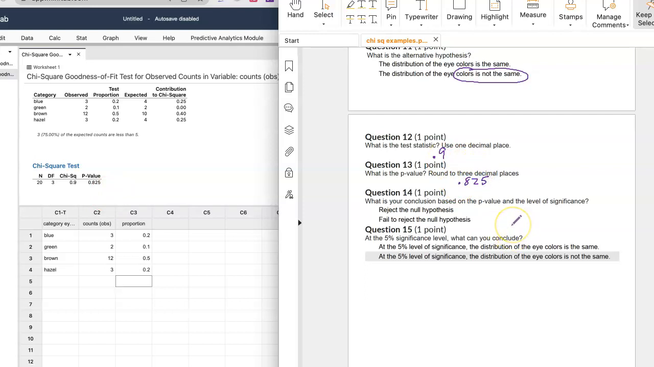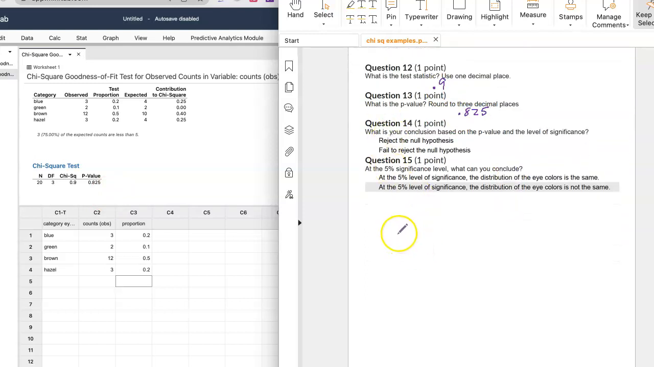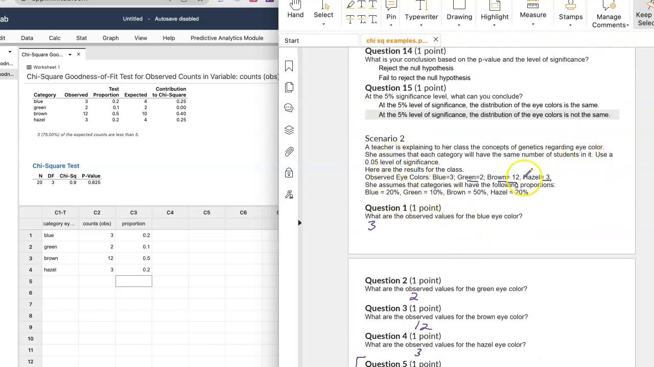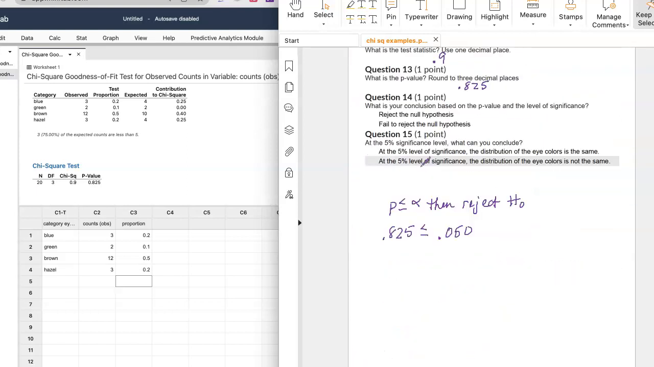My chi-squared test statistic and my p-value is 0.825. So now I need to make a conclusion based on the p-value. If p is less than or equal to the significance level, then we will reject our null hypothesis. P is 0.825, and we're checking that against our significance level, which didn't change. It told us at the beginning of the problem to use a 0.05 level of significance. So we're looking at 0.825, and we want to know if that is less than 0.05. 0.825 is not less than or equal to 0.05, so we're not